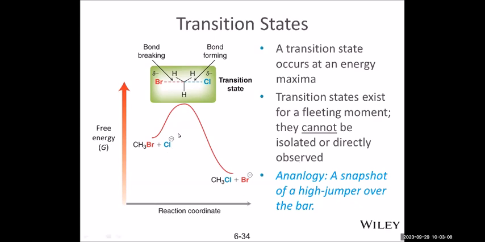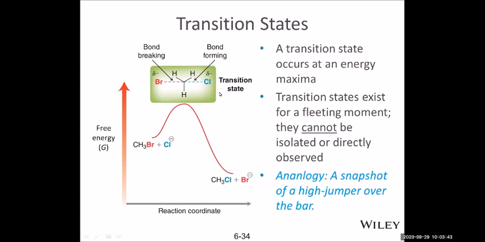So, for example, this is a methyl bromide reacting with a chloride. This reaction, which the next chapter will focus on, is a nucleophilic substitution, which means the chlorine will substitute the bromine in the molecule. The transition state is where the incoming chloride is about to form a new bond, and the carbon-bromide bond, the old bond, is about to break. The moment they are just about forming and breaking bonds, that's a transition state.